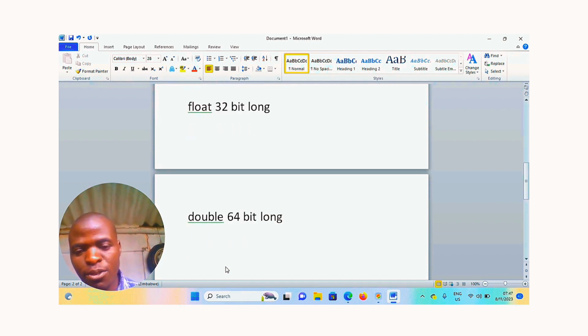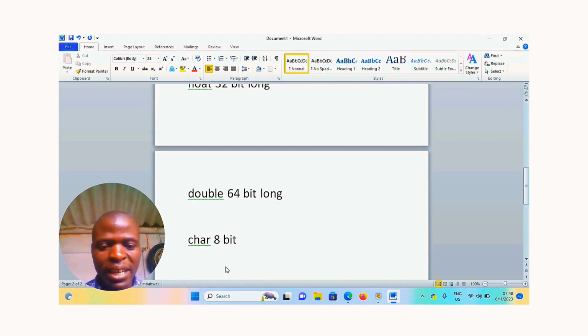After those we have what we call char, a single character that is 8 bits long. Then we have strings. Strings in C are called arrays of characters.